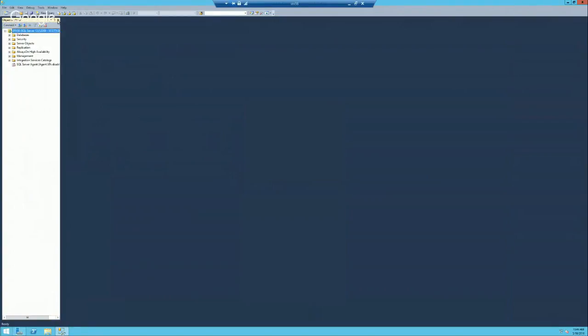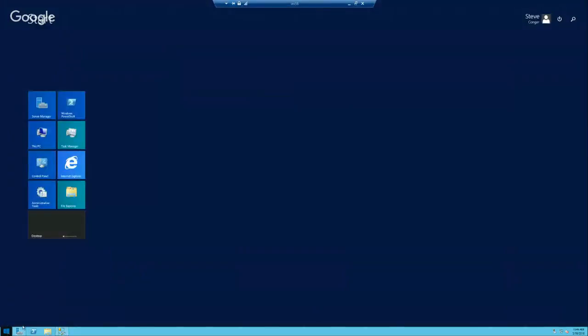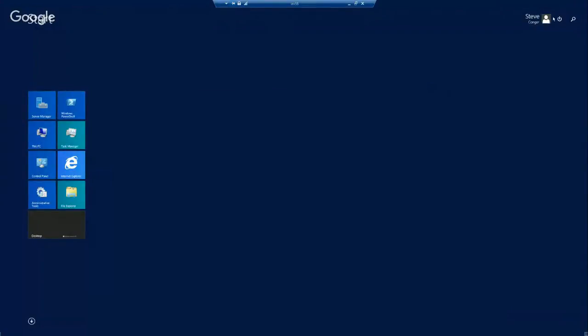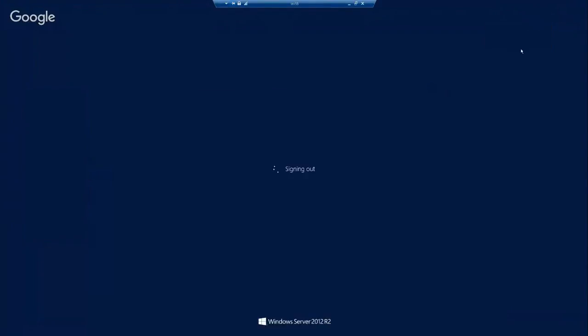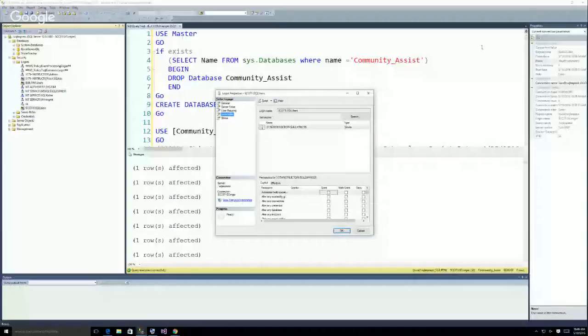So I think I'm going to just come around and, well, if you can't create the database, I wonder if you can create anything else. If you log in as me, you obviously can. Let me do it on one machine, and then we will